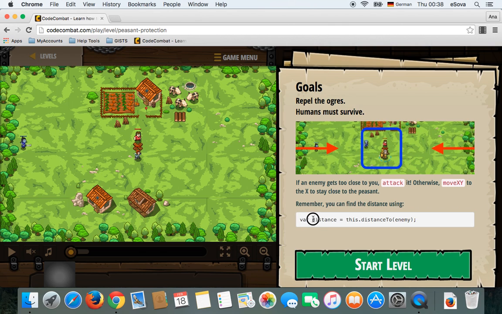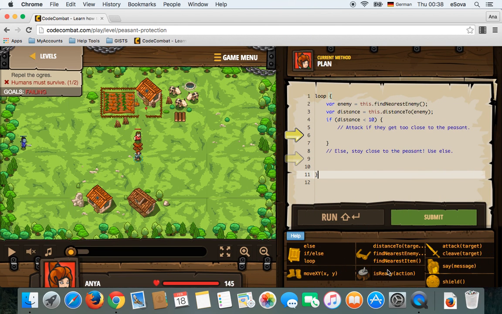So how do we measure the distance? We set a variable distance and we ask what is the distance. So this is distance to enemy. Okay, so we have a variable enemy. It finds the nearest enemy. Then we have a variable distance. It calculates the distance to the enemy. And we say if the distance to the enemy is less than 10, then attack. Else,